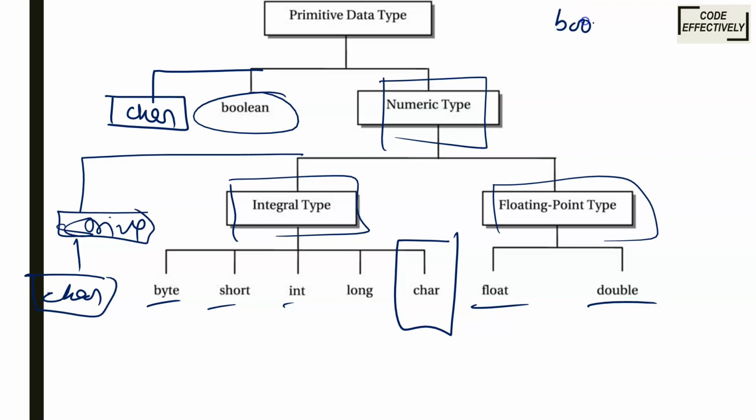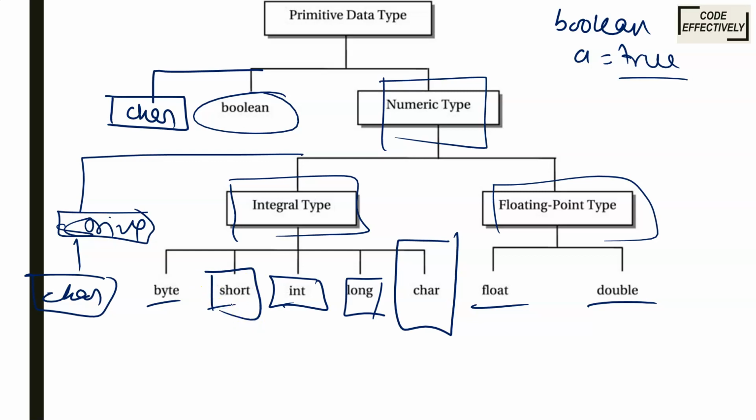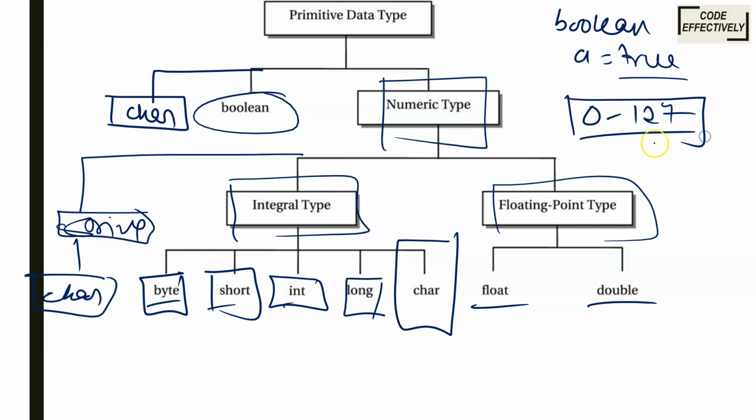Basically, what is Boolean? We all know Boolean is a flag variable. We can use it like boolean a = true. It stores either true or false. In the numeric type we store values like int i = 1, i = 4. Then long is used when the variable is storing a very long number of digits. Short is used for a small amount of data, and byte is even smaller, like when we are storing numbers in the range 0 to 127. We can use byte just to save our space or storage.